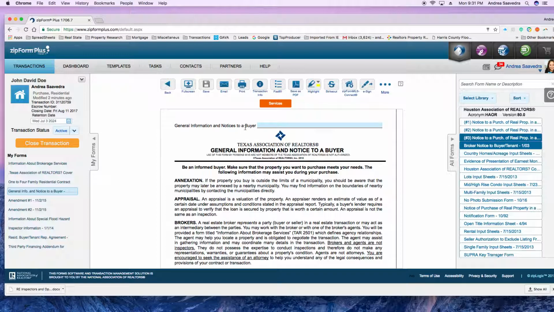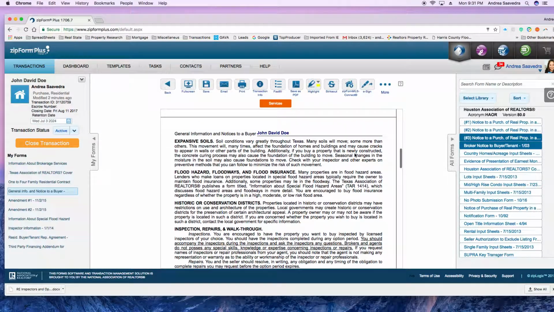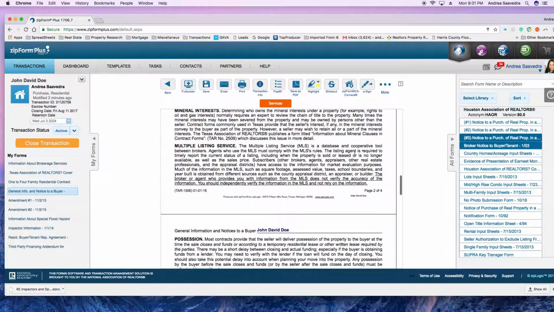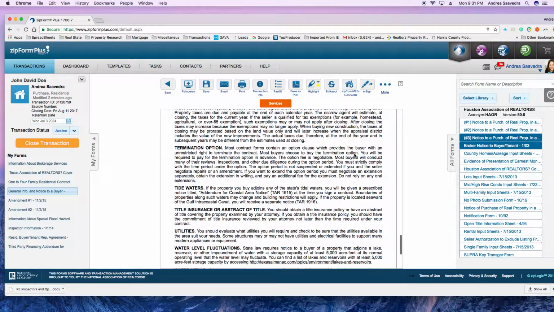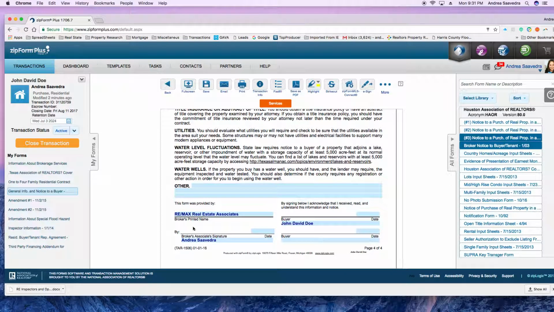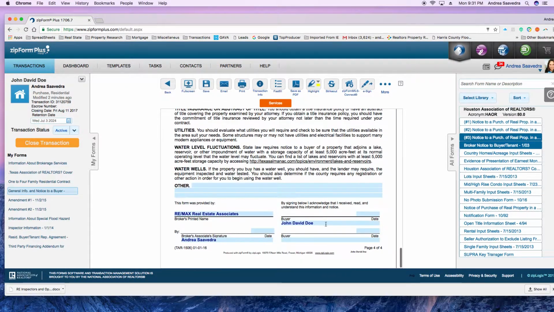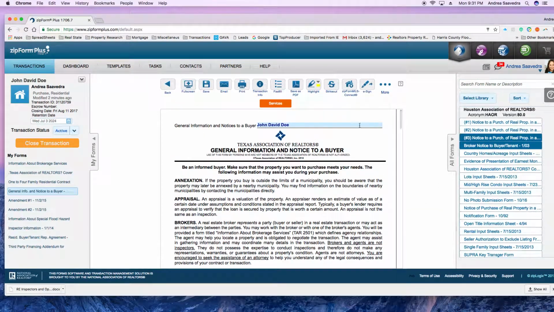So the general information and notices to a buyer, obviously your buyer's name goes right here. So it's John David Doe. Please note that it does not populate his information in here. So whenever it doesn't, that's when you actually type in the information in there. This one, there's not much information to it other than the signatures. Everything's going to be in there except the top part, which will be the buyer's name. So just add it in there, go back,